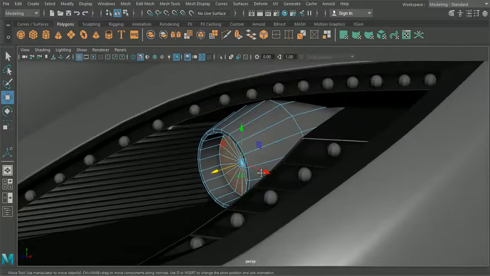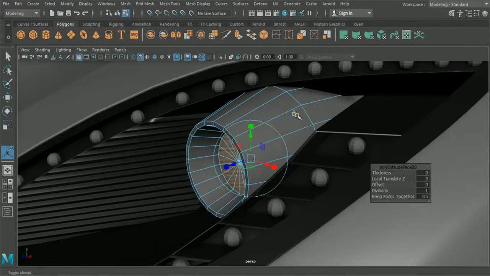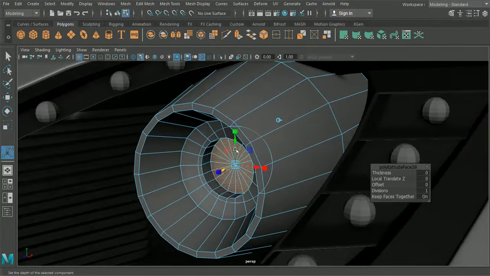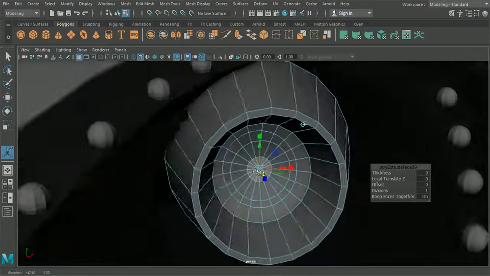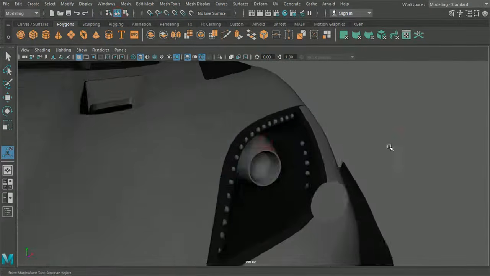So if we go back to these faces, what we can do is let's scale them down a little bit. We'll hit Control E again, and we'll go inside, we'll scale them down again, and then we'll go Control E inside again, and we'll scale down, just so we're kind of creating more of a curved inside section there.